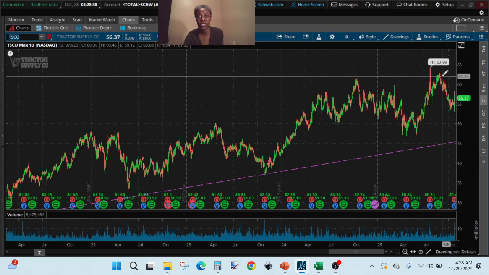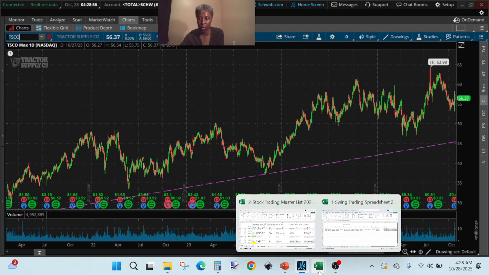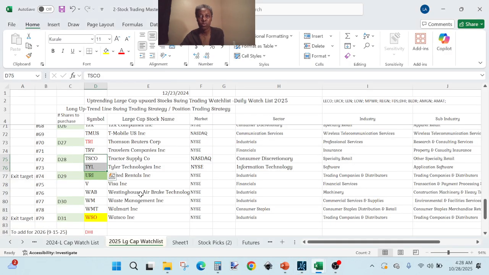Those are the criteria I use to select those stocks, and then narrow a pick of about 80 or so from them to swing trade in 2024 using the short option and swing trading strategy. And again in 2025, I went back to that master list of 300 stocks and picked about 80 to create my 2025 watch list that I swing trade from as well. And going into 2026, we are doing the same,